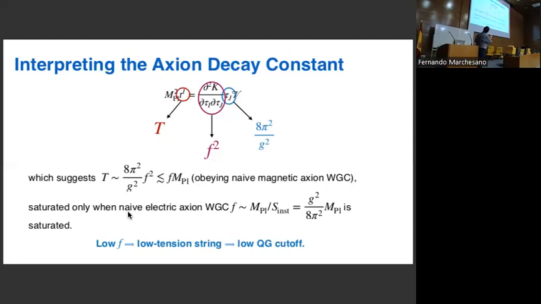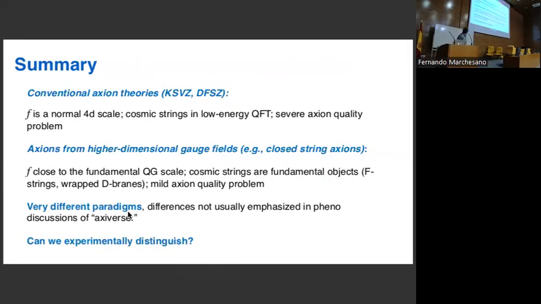Now, of course, I'm plugging in a single axion here. There are mixing effects. There's a lot of other things to worry about. So I'm oversimplifying a bit, but I think this is the kind of thing we should be thinking about. And just to conclude,